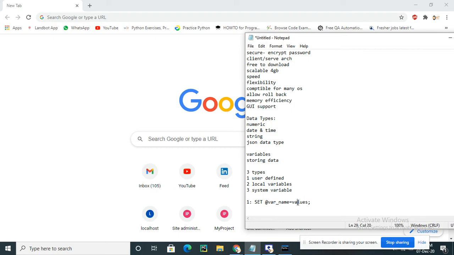This is an example using set. As I already said, we can use set or select, so next I will show you how to use select. We can use select also.